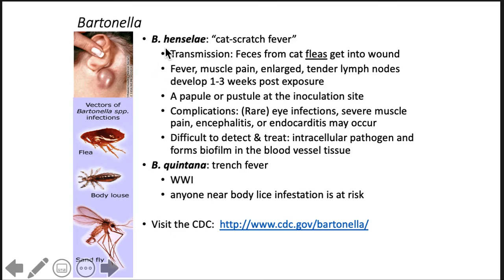Now, I do want to tell you, I don't want you to become afraid of cats, or dislike them even more than you might already. If cats have fleas, then there's a chance of cat scratch fever. So you simply need to take good care of your cat, whether it's indoor or outdoor cat. Take it for its yearly vet checkup. Make sure that it doesn't have fleas. If it does, that you promptly treat the fleas,